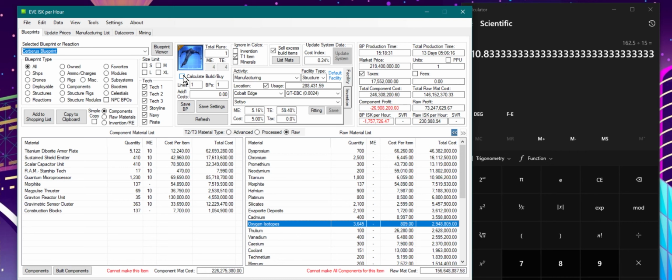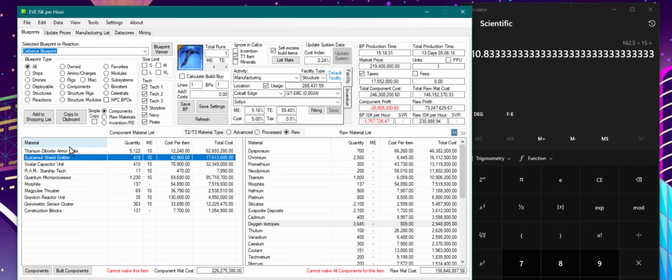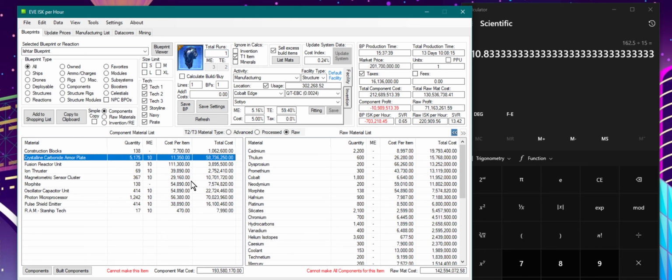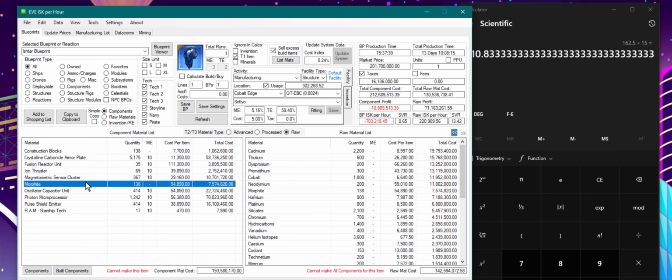With how T2 production works, you have to keep in mind that this titanium diabrite armor plating, right? Let me just see these settings. The diabrite armor plate is unique to Caldari T2, right? If I go and want to build Ishtars, then I'm building crystalline carbonite armor plating, right? It's different. It's unique. Same thing with the fusion reactors, ion thrusters, all this stuff,